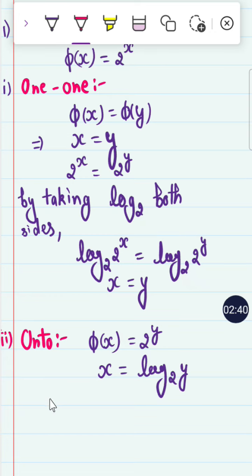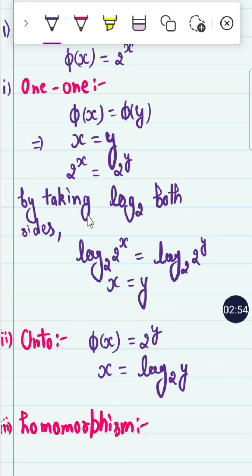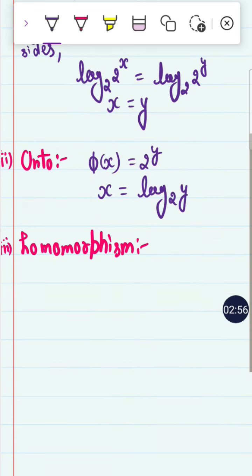Next, it should be a homomorphism. So for the homomorphism, when the map